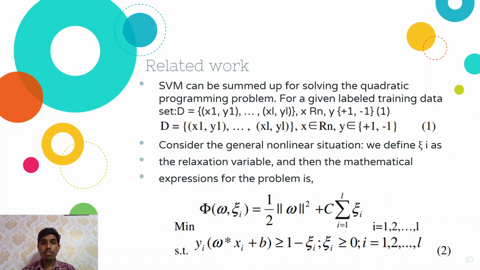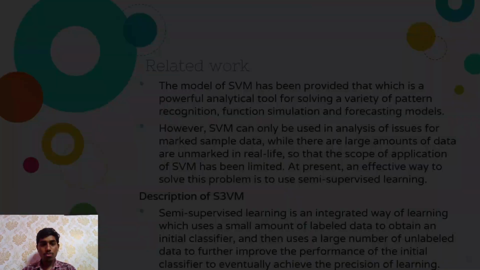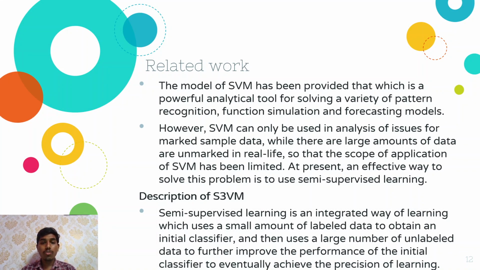So SVM can be reduced to solving a quadratic programming problem. For given labeled training data as shown below, consider the general nonlinear situation. We define it as follows, with the relaxation variable, and then the mathematical expression for this problem is shown below, which you can see. The model of support vector machine has been provided here, which is a powerful analytical tool